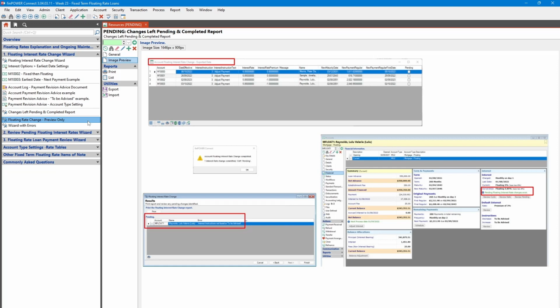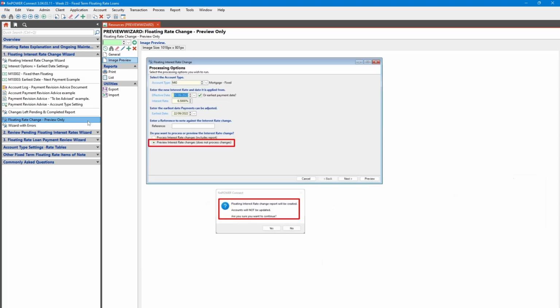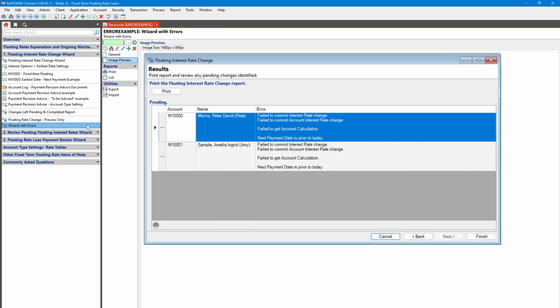The second function of this wizard gives the ability to preview your changes and generate a report of accounts flagged for the change. This can be very useful prior to actually processing the floating rate interest change, as it should highlight any anomalies prior to live processing the accounts. This also generates a list of borrowers with an instruction of to be advised who may need to be contacted. For example, like in the image shown here,